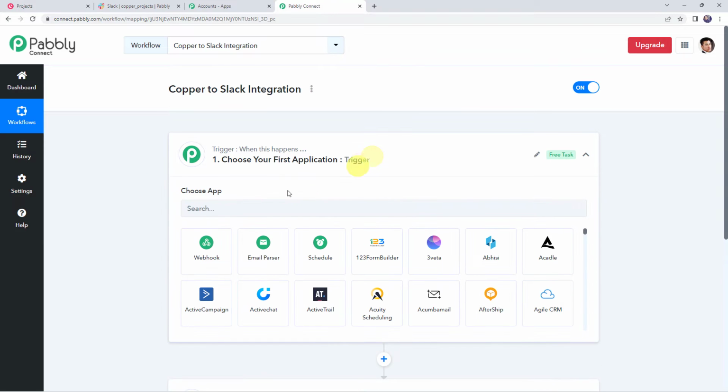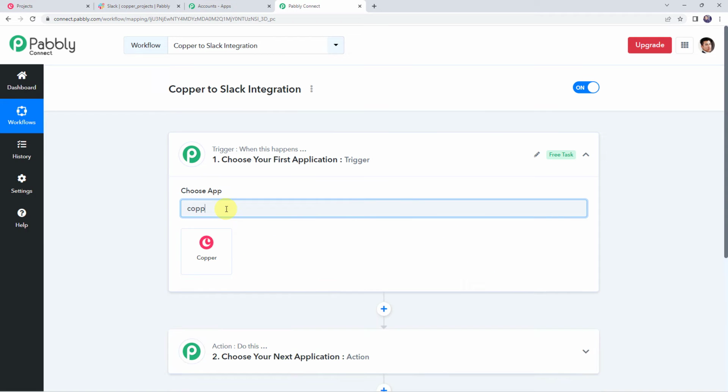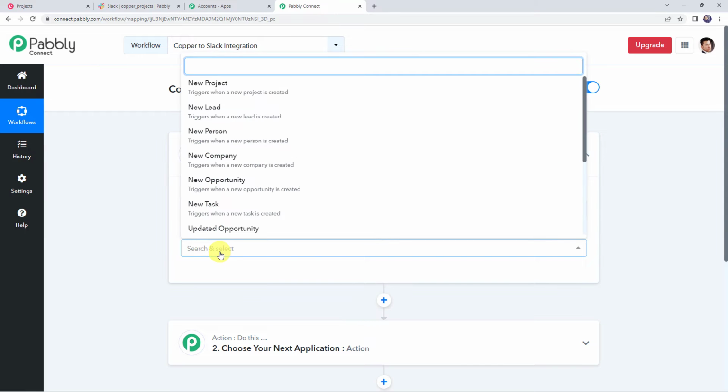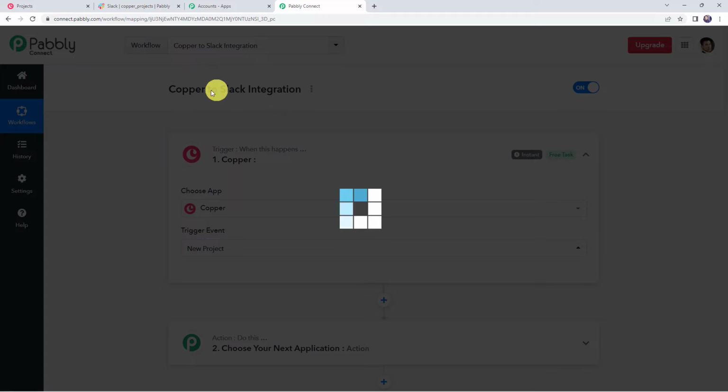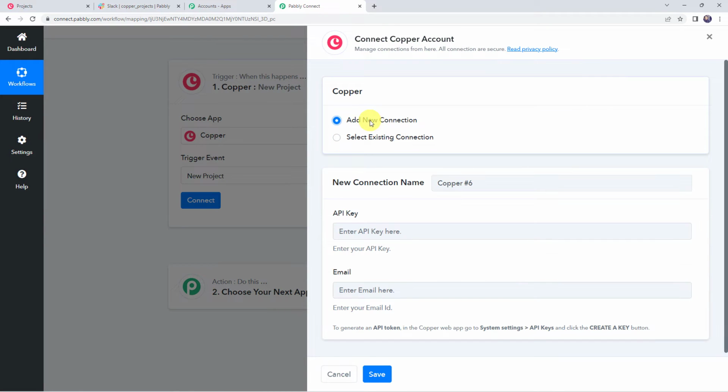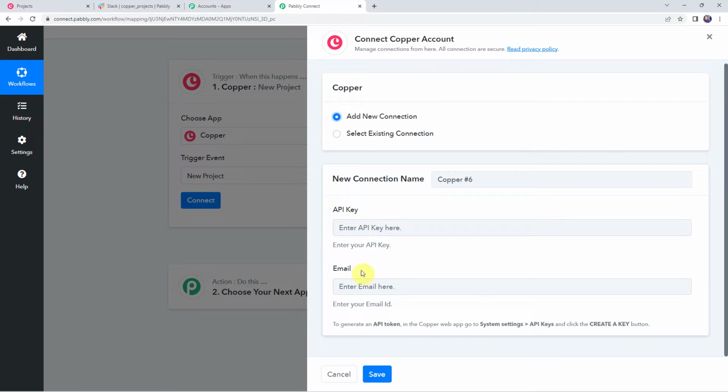So open this trigger window and here choose the application name as Copper. Select the trigger event as new project. Click on connect. Click on add new connection. And now it is asking for the API key and the email address. For that, we have to just follow these instructions. To generate an API token in the Copper web app, go to the system settings, API keys and click the